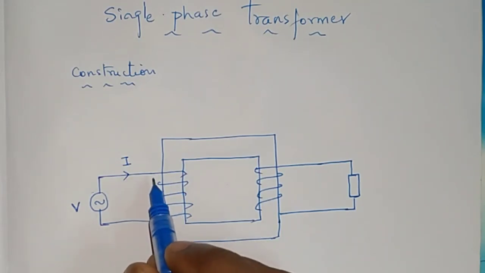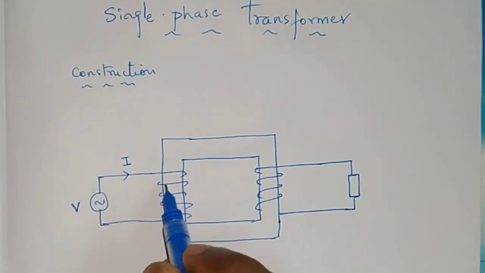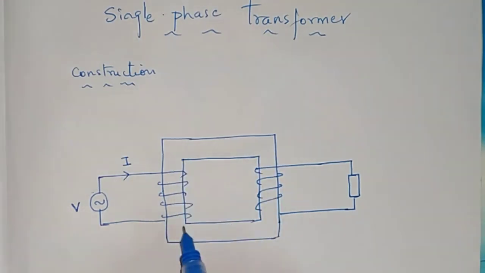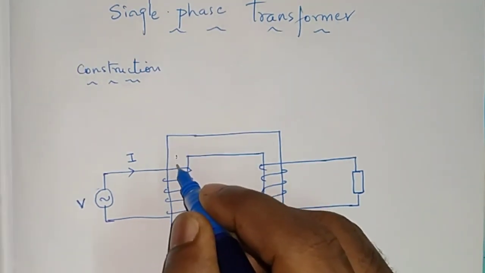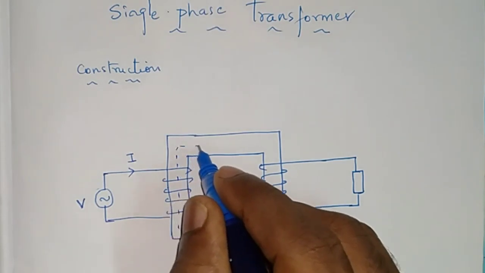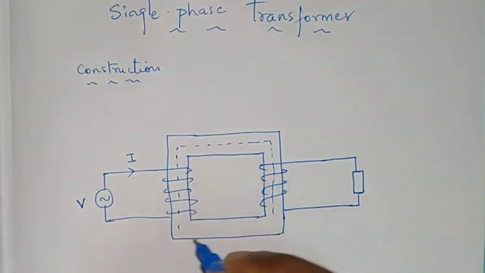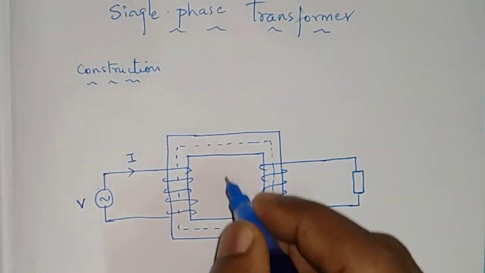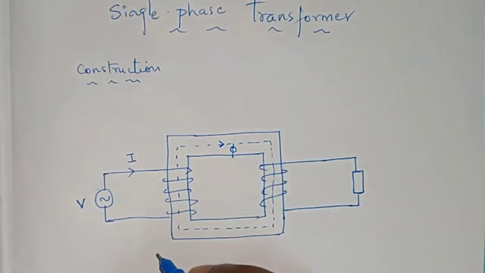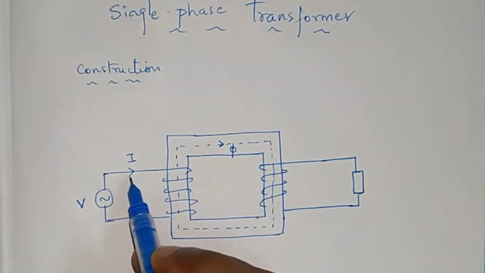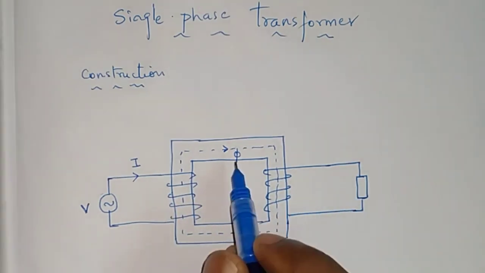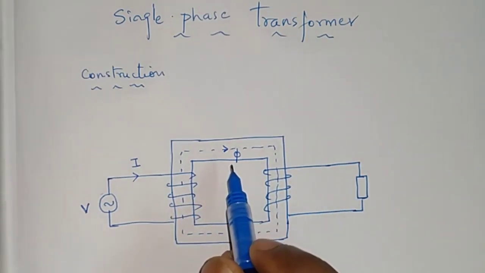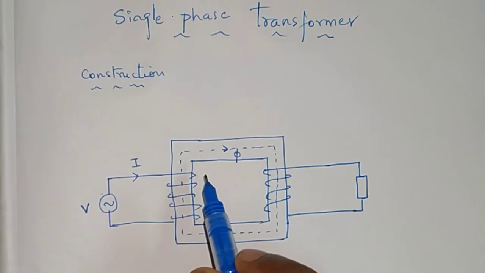When you are going to pass current through a winding which is wound on some metal part of your transformer, what happens? Flux will be created, that will be on the core part of your transformer. This dotted line will represent the path of flux, magnetic flux, which will be produced because of the alternating current which is passed through the primary winding. The kind of flux which is produced is alternating flux. So alternating flux is nothing but change in flux.